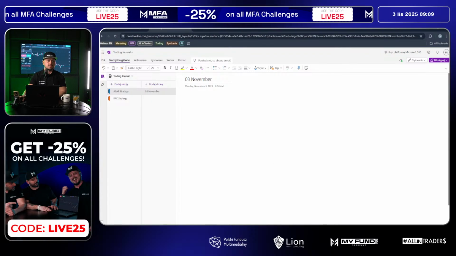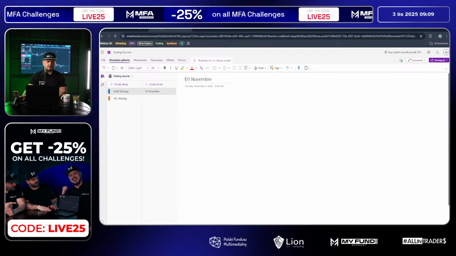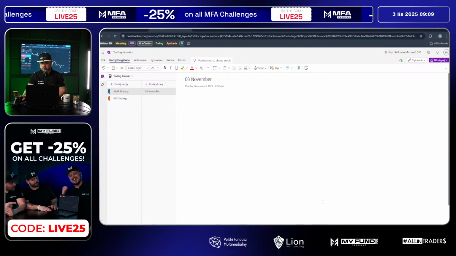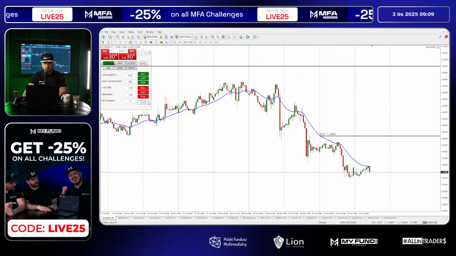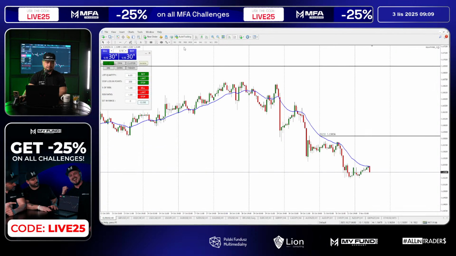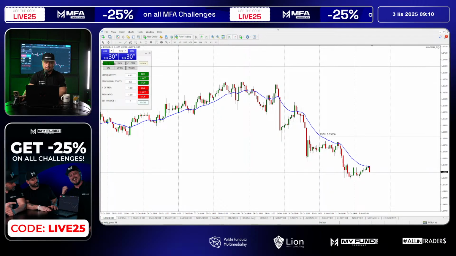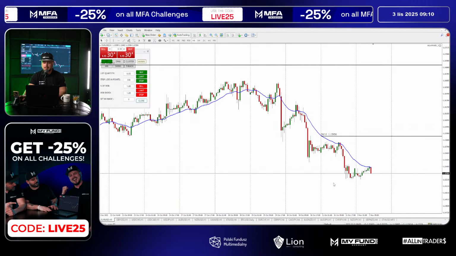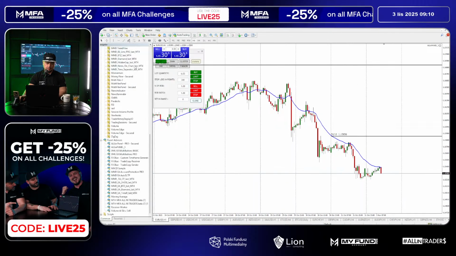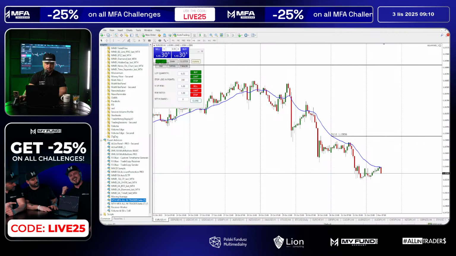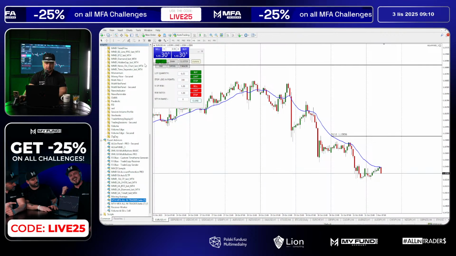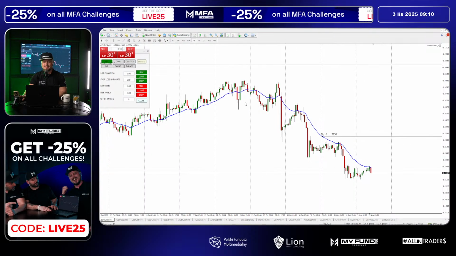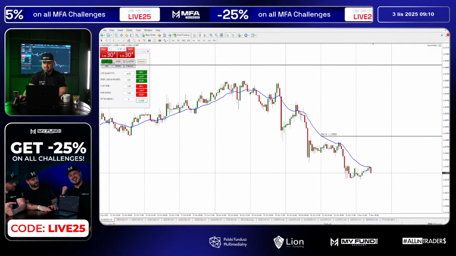Okay, let me just check the charts because I cannot see it now. All right. So let's move to the charts. Over here, you can see MetaTrader 4 platform, and we're gonna do the analysis on this platform. But I've got a trade copier over here. You can see MT4 MFA ALLinTraders. This is a copier. It's copying trades directly to the MFA account.